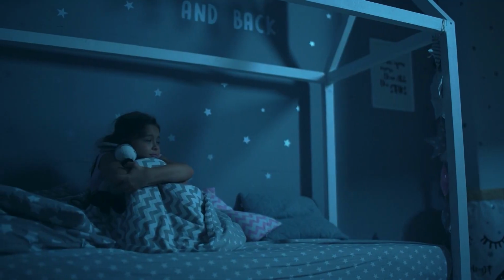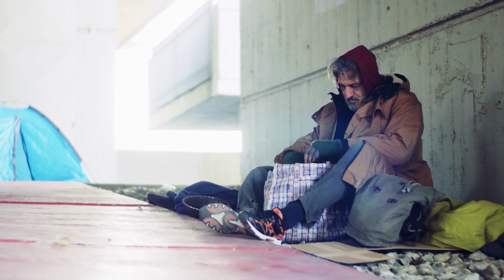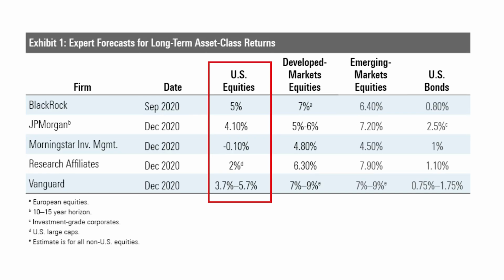Wall Street forecasts for returns over the next decade were scary. Like retiring at 65 with nothing but Social Security kind of scary. Analysts at JP Morgan expect US stocks to return just 4.1% a year over the next 10 years, and they're the optimistic ones. Research Affiliates is estimating 2%, and Morningstar thinks we could be in for a decade of negative